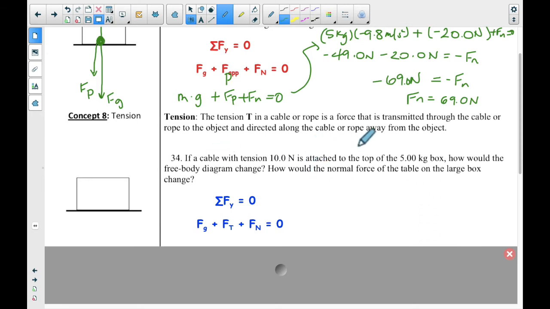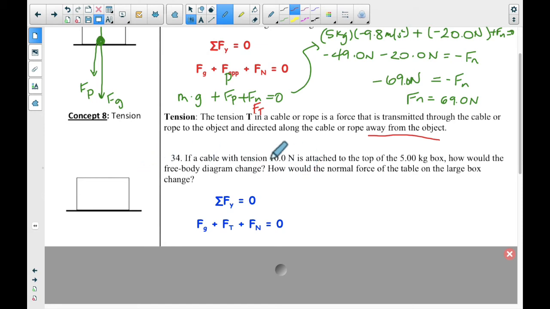The tension in a cable or a rope, and again, I have T here because this was a different book that I was using that used T. We will typically use F sub T for the force of tension. It's a force that is transmitted through the cable or the rope to the object and directed along the cable or rope away from the object. And so whatever you're attaching, you're going to be pulling with that tension, and it's going to affect the normal